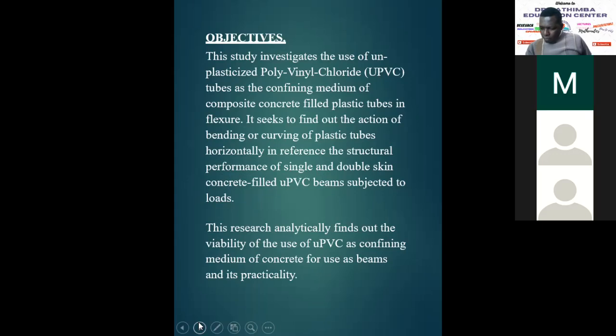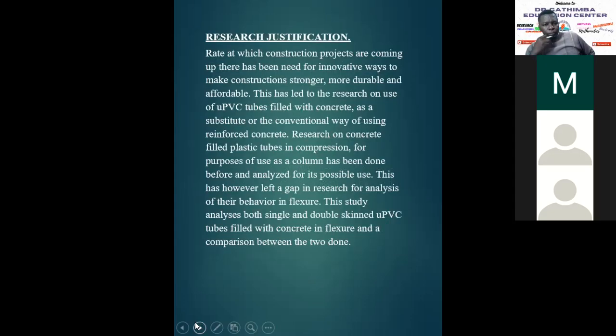plastic tubes in flexure. So the study seeks to find out the action of bending or curving of plastic tubes horizontally in reference to structural performance of single and double skin filled UPVC beams subjected to loads. The research justification, I'll leave for my colleague to present on that. Jude. Yeah, recently from the researches that have been done before, we've seen that research on